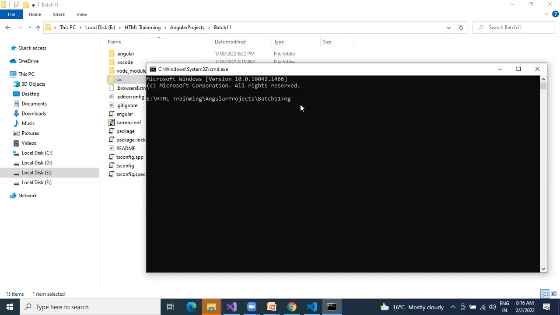Okay. So let us compare with npm start. Once you press enter, automatically it will generate the compilation files for you. It will take 1 or 2 minutes.